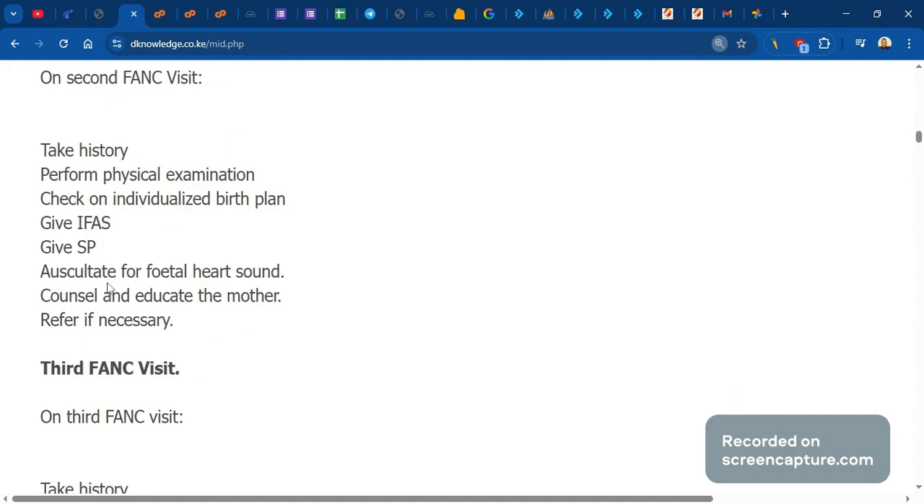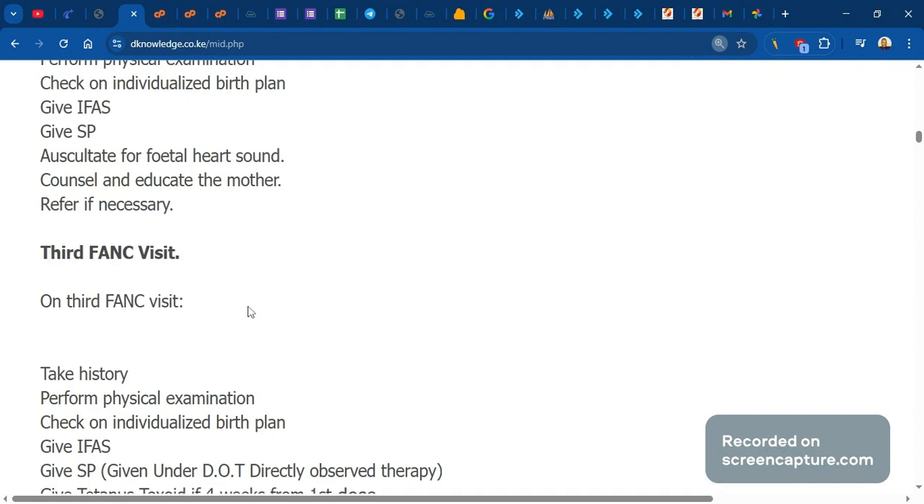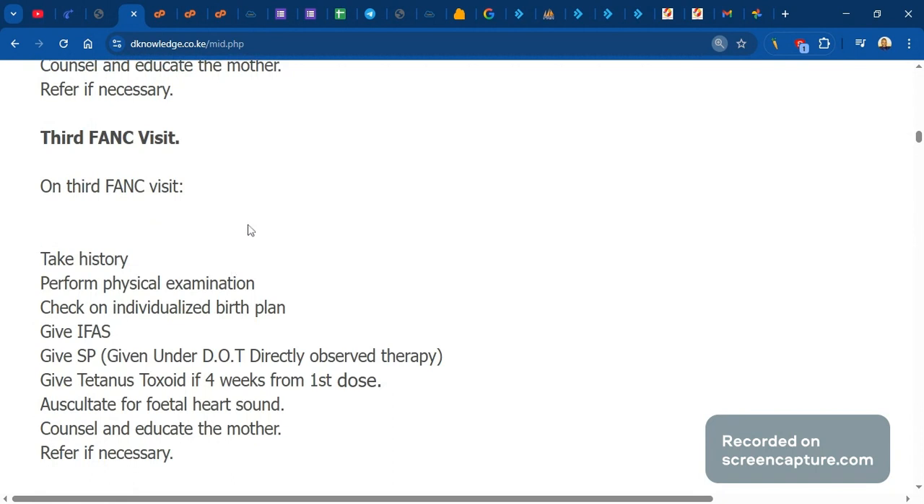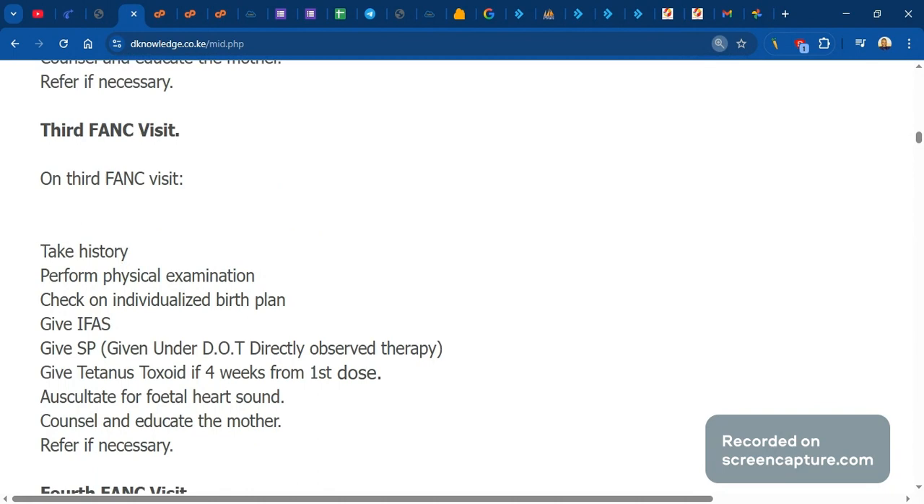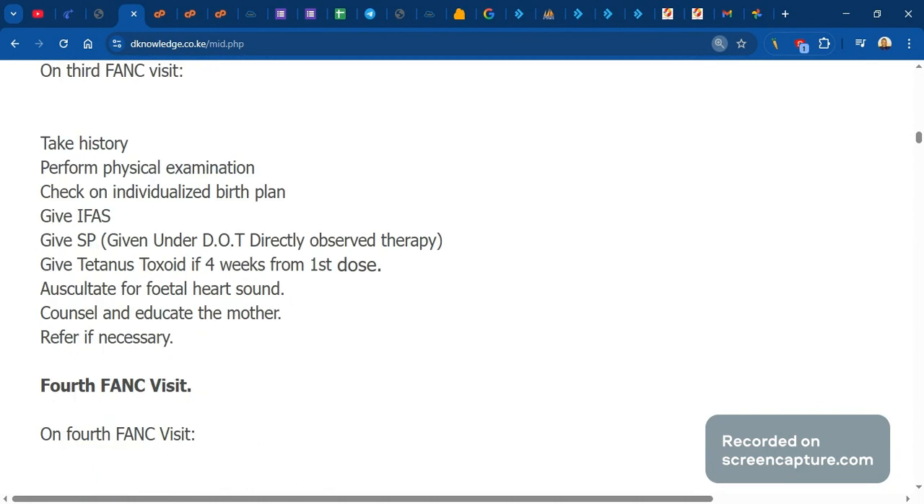On the second visit, take history, perform physical examination, check on the individualized birth plan, give IFAS, give SP, auscultate for fetal heart sound, counsel and educate the mother, refer if necessary. The third focused antenatal clinic visit: take history, perform physical examination, check on the individual plan, give IFAS, give SP, give tetanus. When giving SP on the third visit, you give it on DOT, direct observation therapy. Give tetanus toxoid 4 weeks from the first dose, and then auscultate for fetal heart sound, counsel and educate the